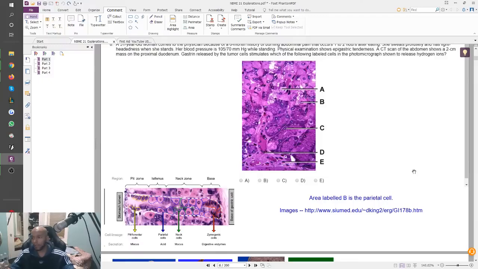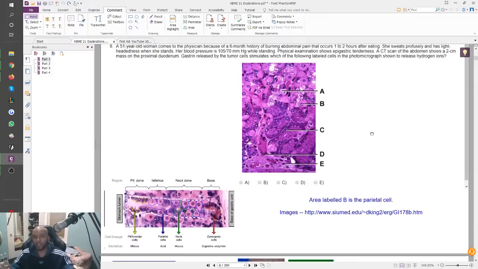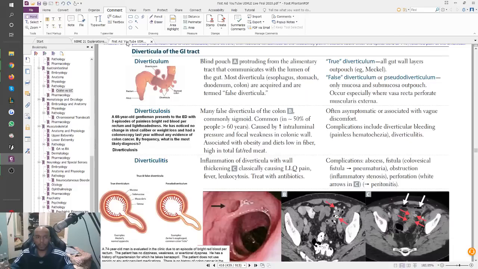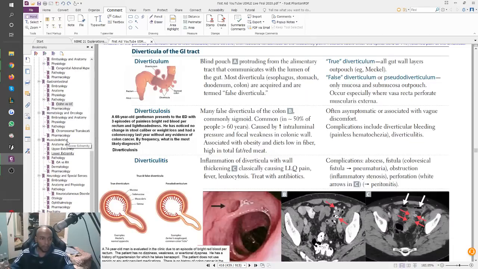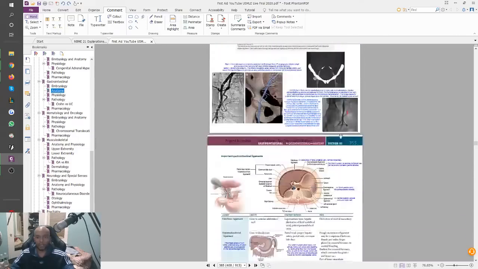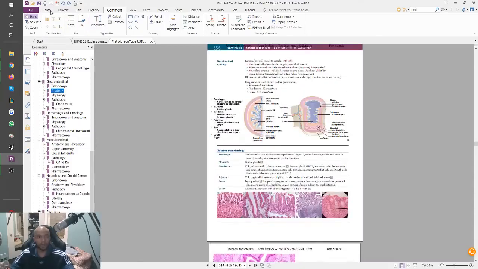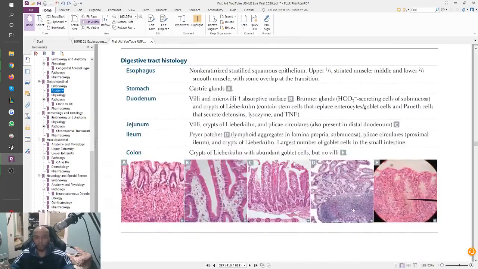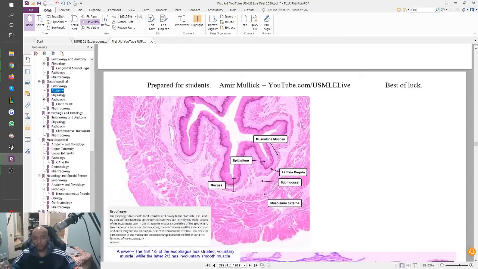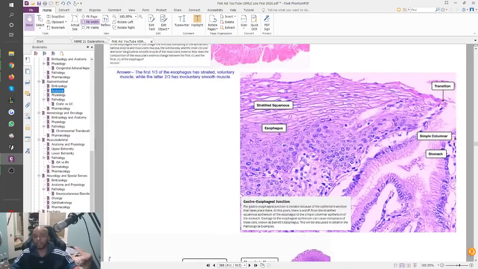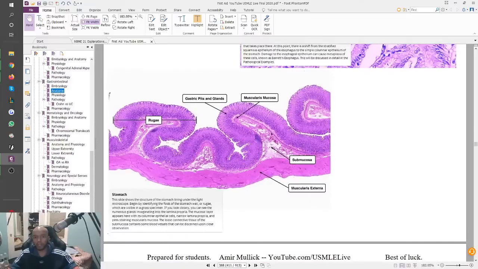How you would know this is really just based off of experience. If you've never really looked at GIT images, you can't really answer something like this that easily. Now, when I was studying GIT, I realized that histology was definitely a pretty big deal. They care about histology because First Aid did spend some time putting this in. This wasn't there in previous First Aids. So even before they started doing it, I had good images that I had found online, studied, and understood the transition zones of, and gone through the entire GIT in a good histological fashion,